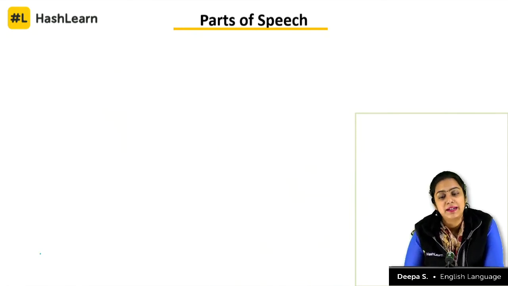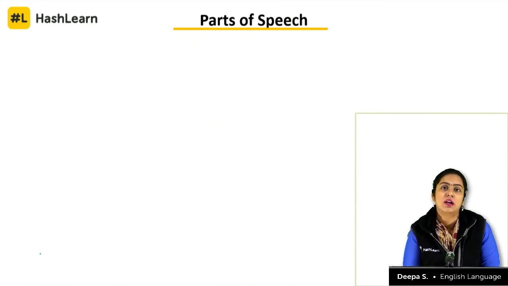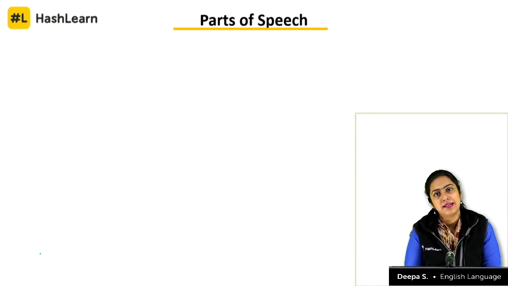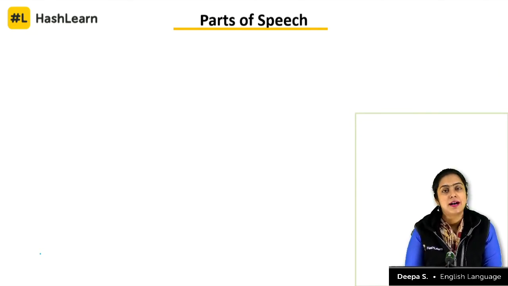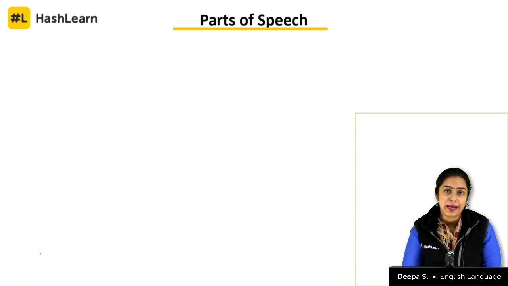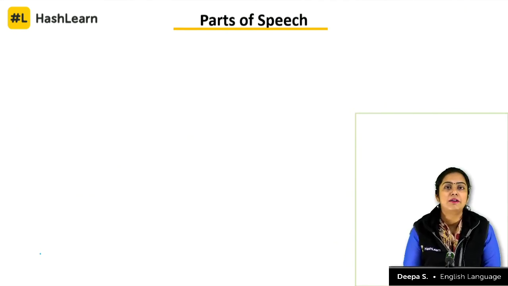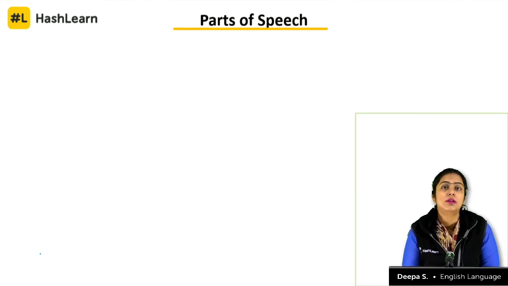So, today we will be discussing much more in detail about the noun. The noun, as I said, is an object. It can be a proper noun. Proper nouns are names of people. For example, Deepa, that is my name. Deepa is a proper noun. I live in Bangalore. Bangalore is a proper noun again. Bangalore is part of Karnataka, proper noun. Most proper nouns are capitalized.